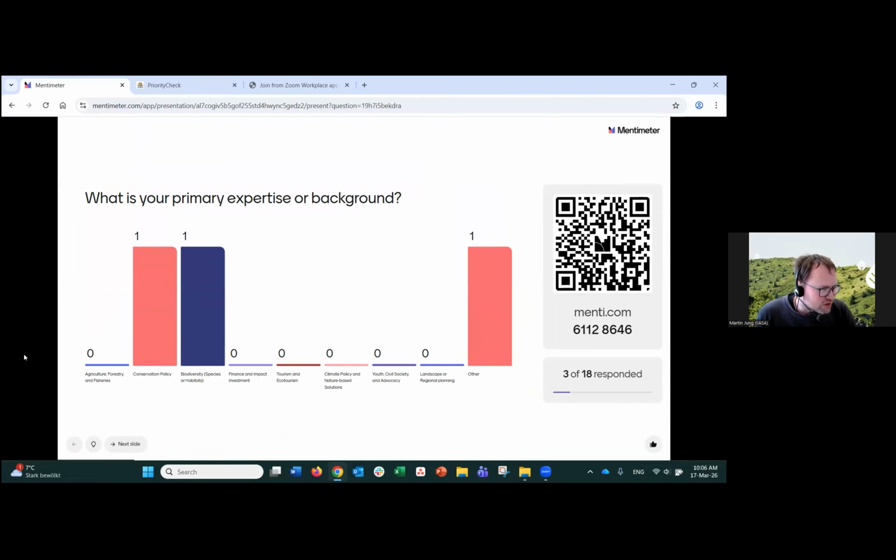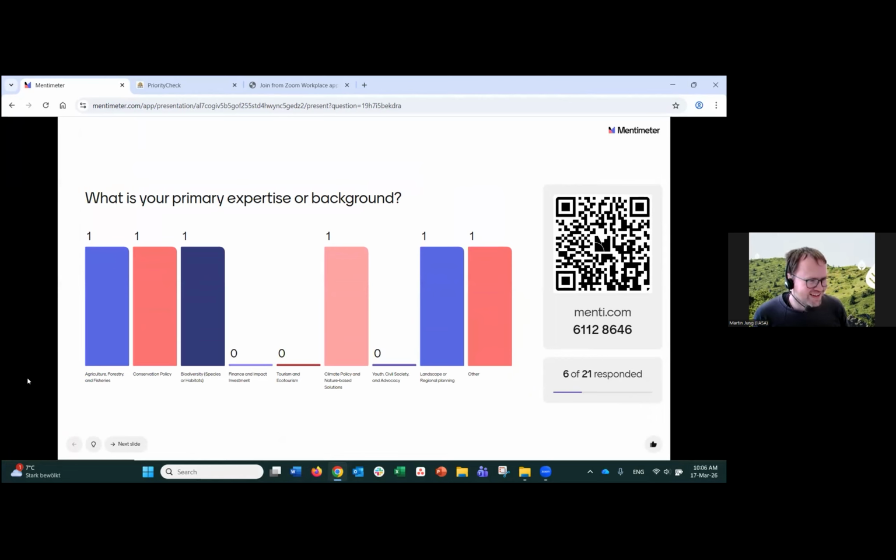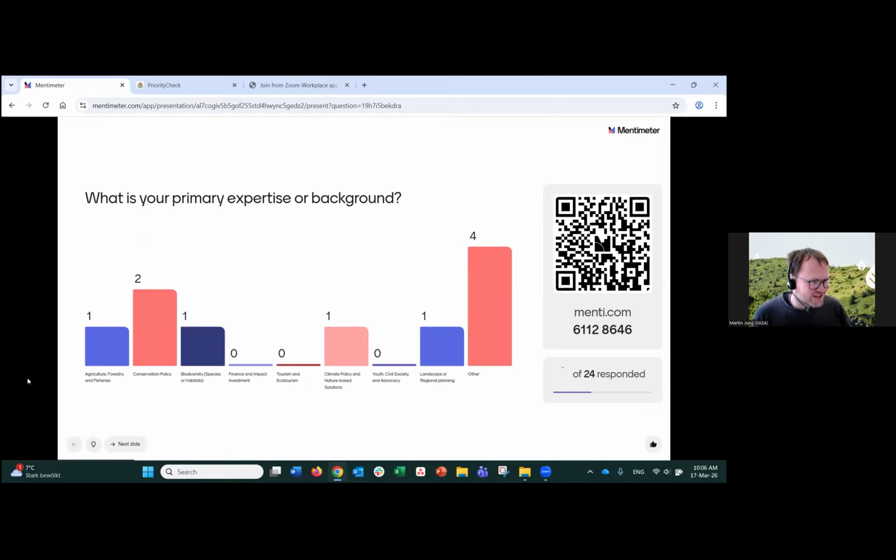I see there's already some initial interest coming up with almost equal spread. Almost a completely equal spread. Okay, conservation takes the lead, or other. I like other, that makes it mysterious.